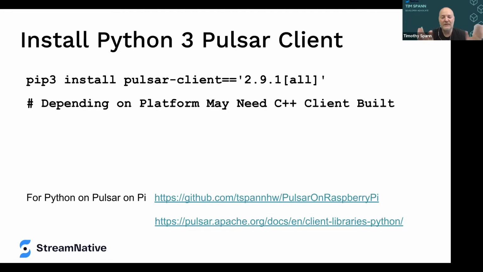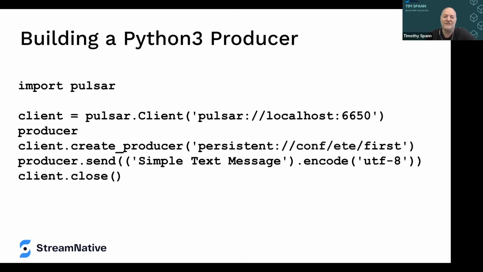If not, you'll have to install C++, which is not the most difficult thing in the world, but that'll tell you why it's fast. It's using the C++ library underneath. It's very easy to connect to a cluster. You only have to import one thing,